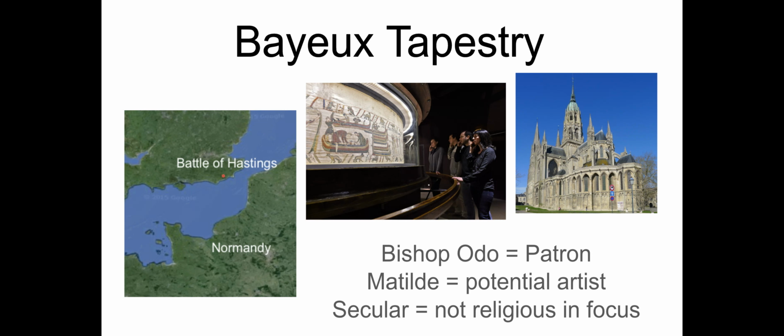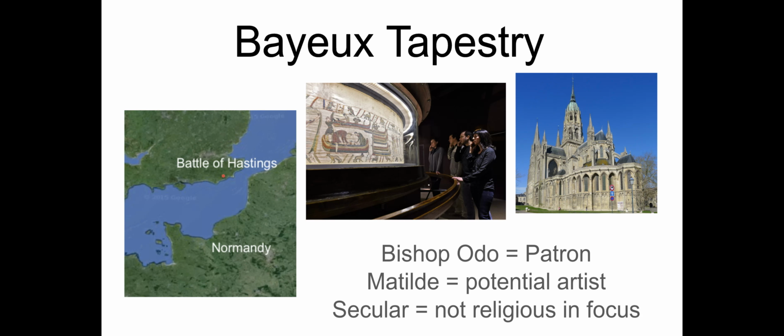So the picture on the far left of the slide is just giving you a geographic setup of the story. And the tapestry itself is going to be telling the story of the preparation for all the events that lead up to ultimately the Battle of Hastings. And the Battle of Hastings is between the Anglo-Saxons, which you want to consider as England, and the Normans, which would be today like the French. So the entire context has to begin with that.